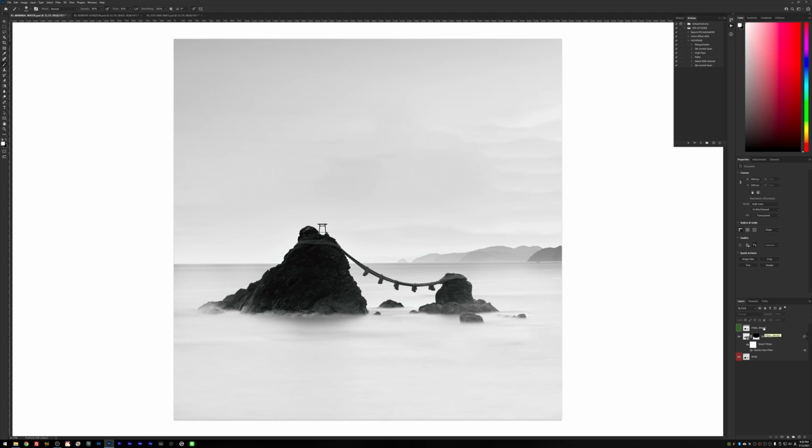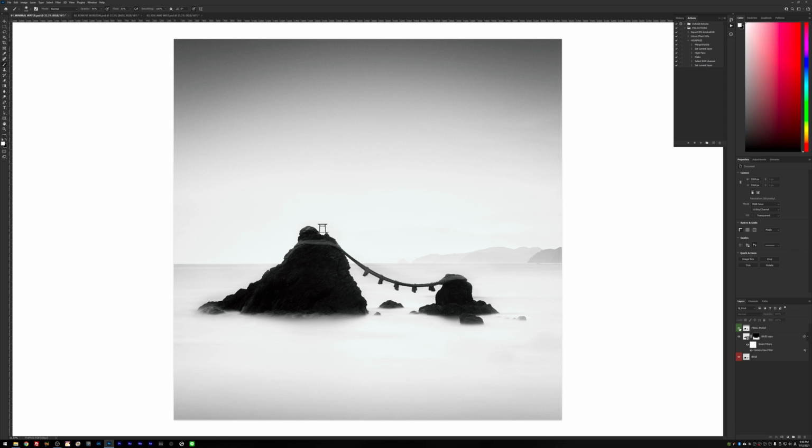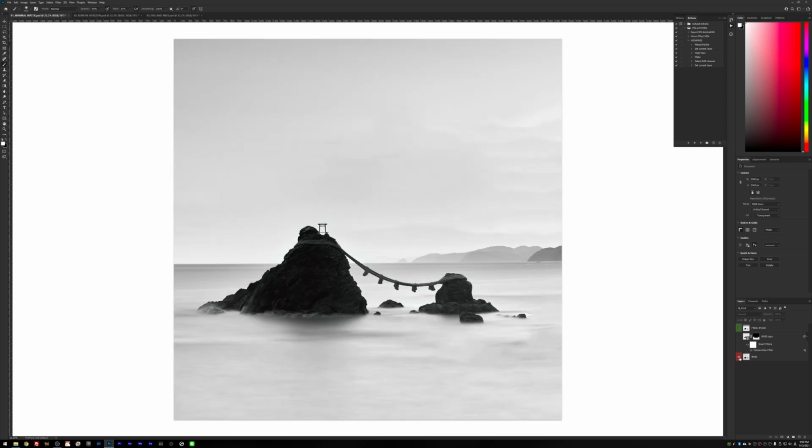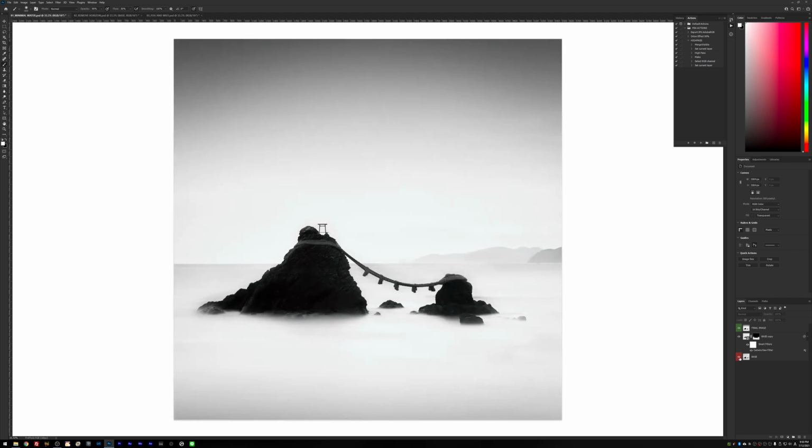I added my film grain as usual, a little bit of dodging and burning, and the final result is something like this, which is a pretty dramatic effect if compared to the original image. So this is the before and this is the after. A really easy way to use dehaze to improve the minimal quality of your water in your image.